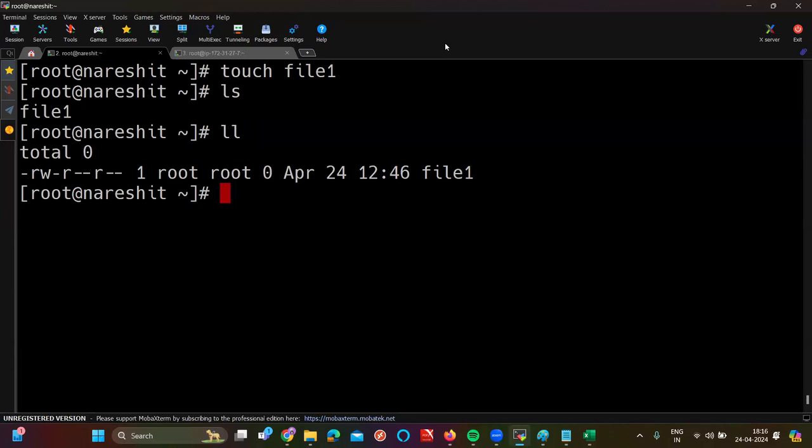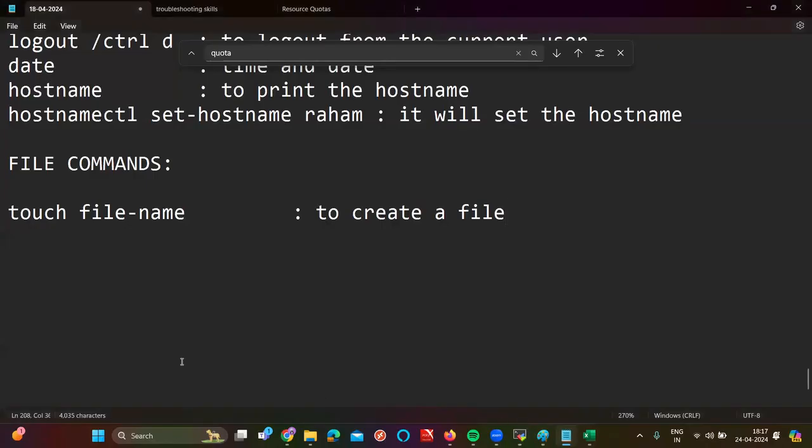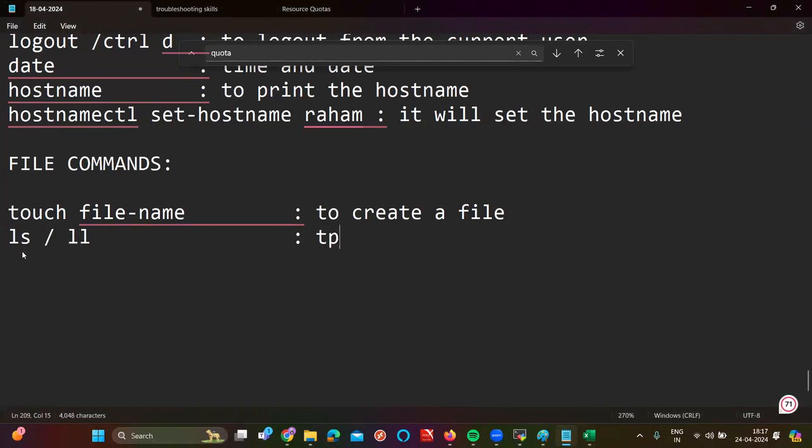You can see the difference very clearly. The moment I hit enter with ls, I get the file name itself. But with ll, apart from the file name, I get the permissions, user information, number of characters inside the file, as well as the time of creation of the file and the name of the file. Everything I'm getting, right? So these are the ways to list the file. You can give ls, or you can give ll. Is it clear now?